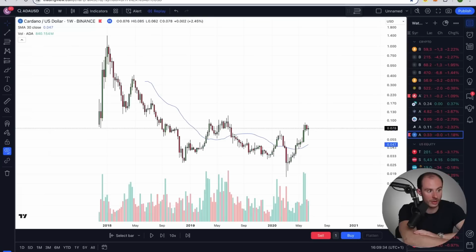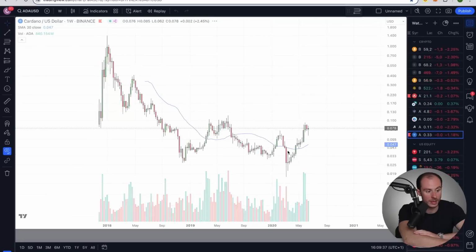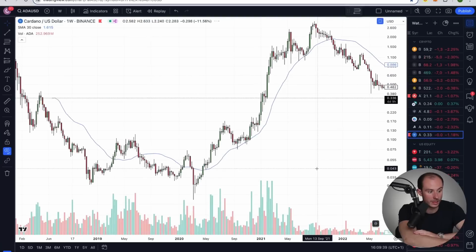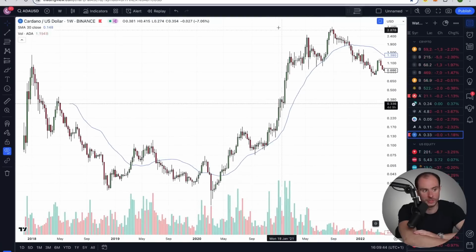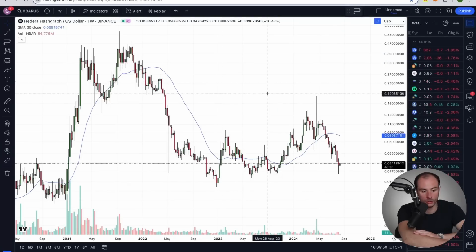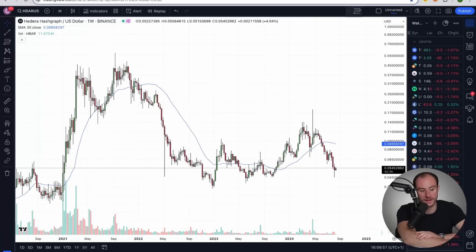If you look at Cardano, very, very similar story. This is it in the prior bear market. And then, of course, you can see the kind of run that Cardano went on. Cardano did 100x for me. I think Hedera, 100x from its current price today is not what we're predicting, by the way. We'll be happy with $2. Very happy with that. But 100x is a $5 Hedera price.